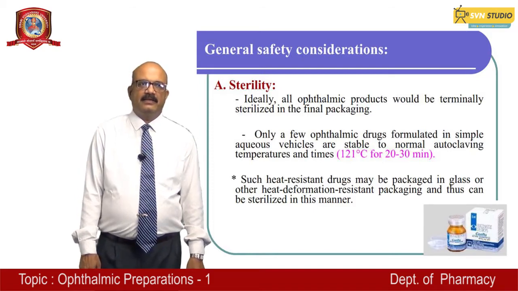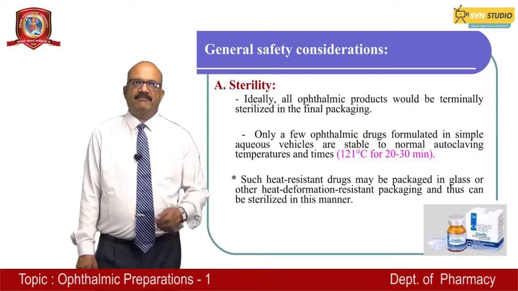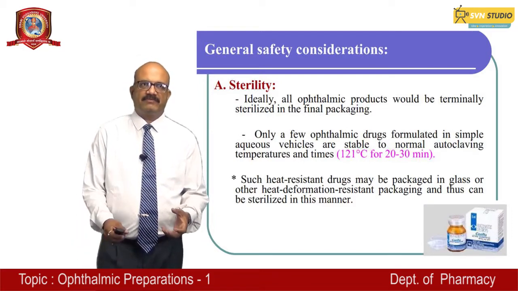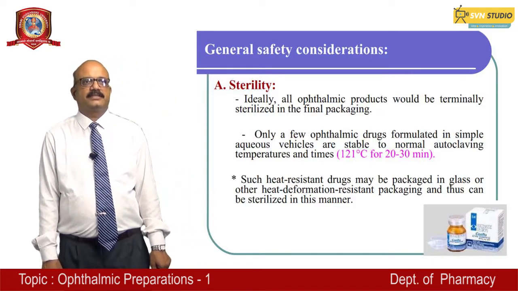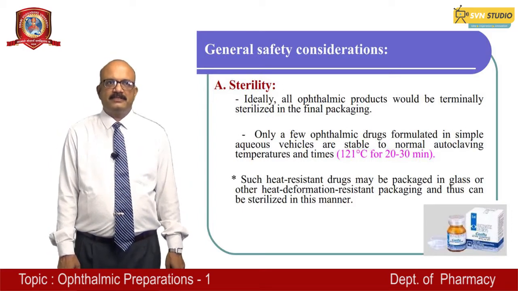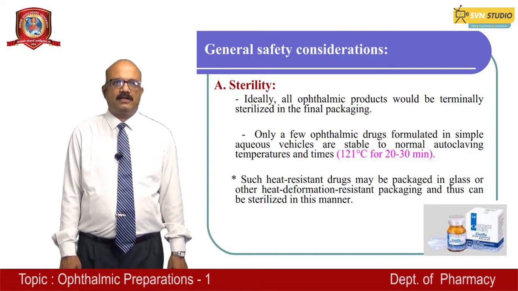That is to say, if the drug is thermolabile and we are giving the heating treatment at a higher temperature, the nature of that drug may change, so we cannot apply terminal sterilization. Only a few ophthalmic drugs formulated in simple aqueous vehicle are stable to normal autoclaving temperatures